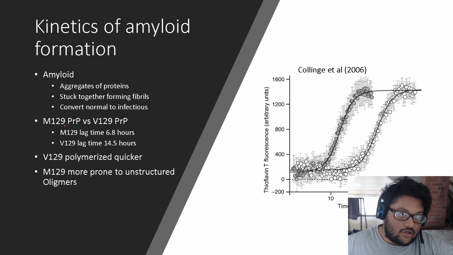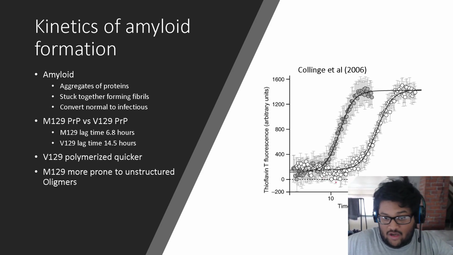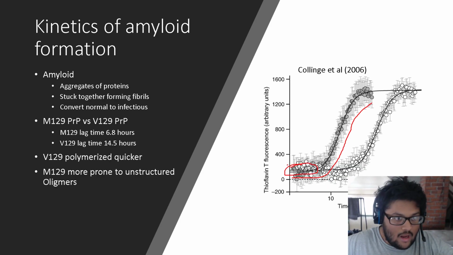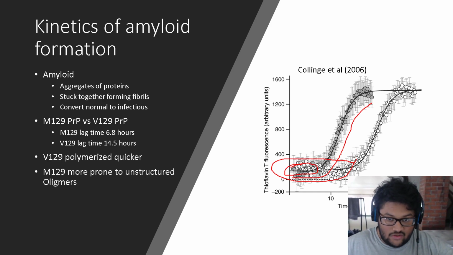The thing that they focused on was the methionine 129 PRP, the methionine homozygous, and the valine homozygous. And what they found out was that the methionine 129 homozygotes have a lag time or incubation period of 6.8 hours, shown right over here. And the V129 or the valine ones have this very long lag time of 14.5 hours, which shows why